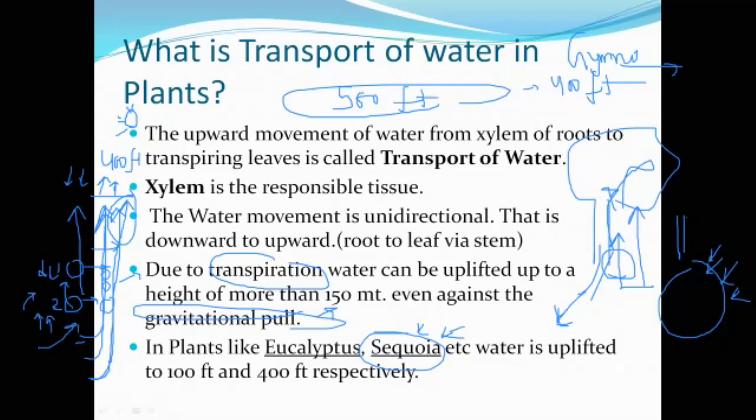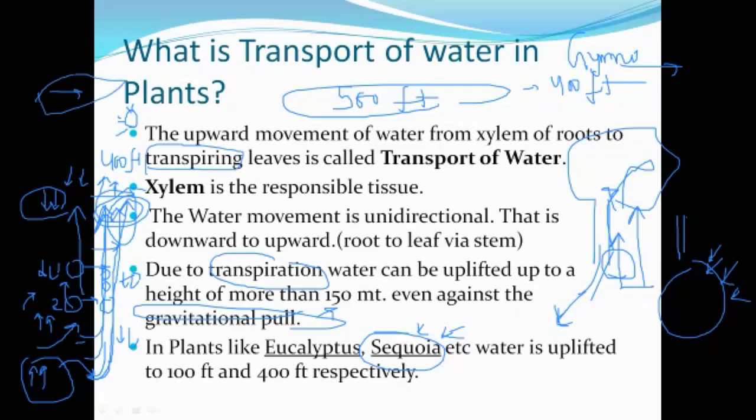The water keeps on moving because the water potential is maximum in the soil. That's why from the soil the water moves inside the xylem, which is called absorption. In the xylem, the water potential is lower than in the soil, in the stem the water potential is lower than in the xylem of the root, and the lowest water potential is in the leaves. And why is the water potential lower in the leaves? Because the leaves are in a state of continuous transpiration. Due to transpiration, all of the water that was present in the leaves earlier is transpired. So there is no water in the leaves now.